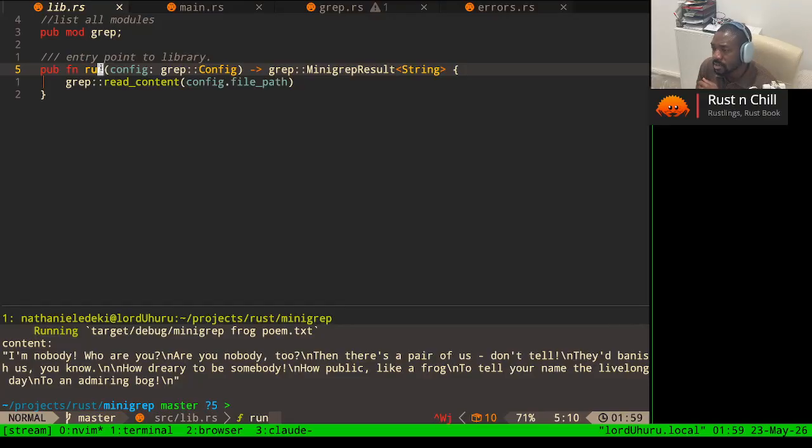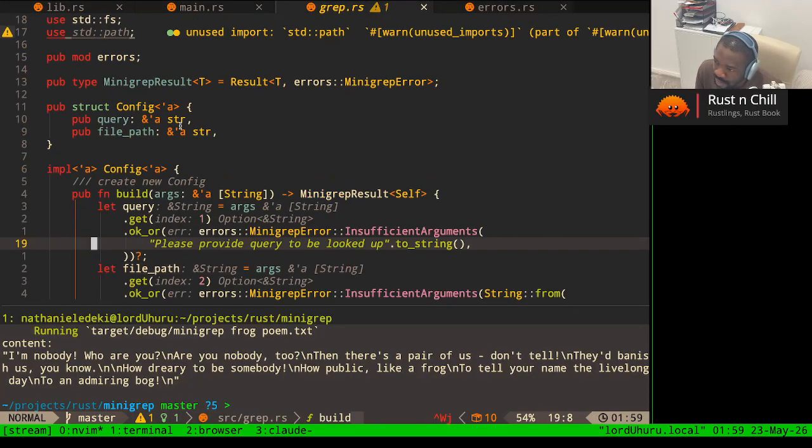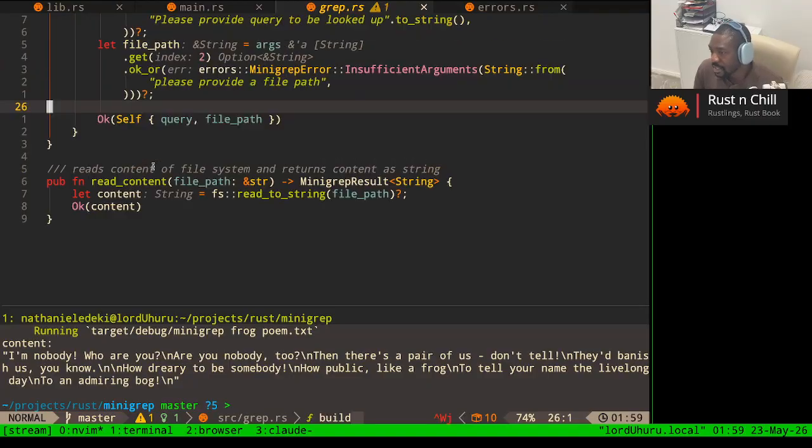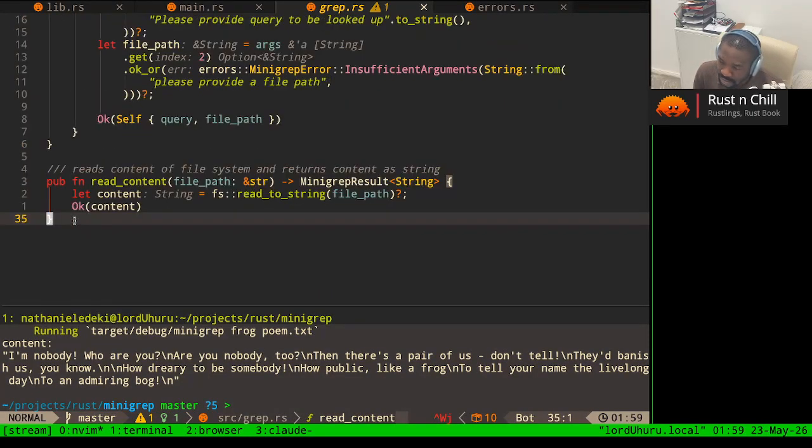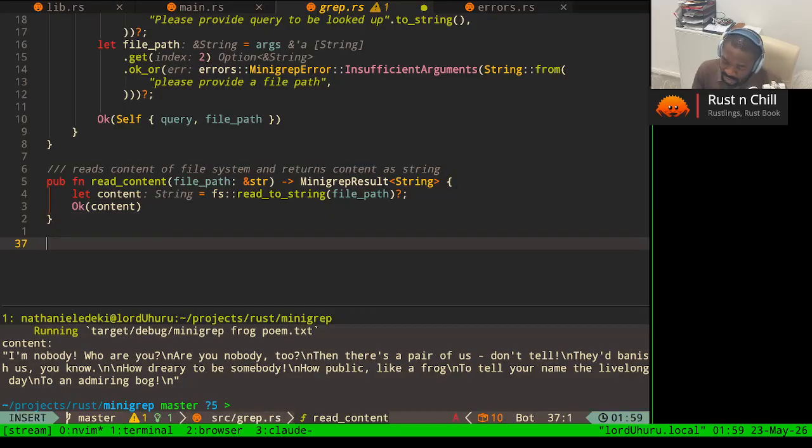Oh yes, in the library is where I need to have a public function so it can be used. But inside of the grep,